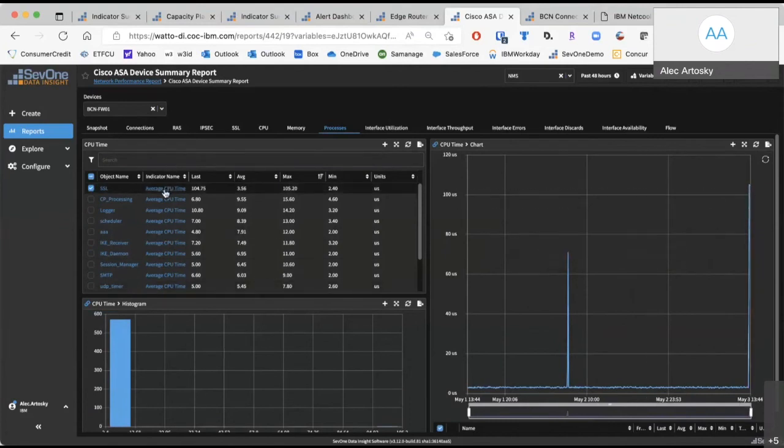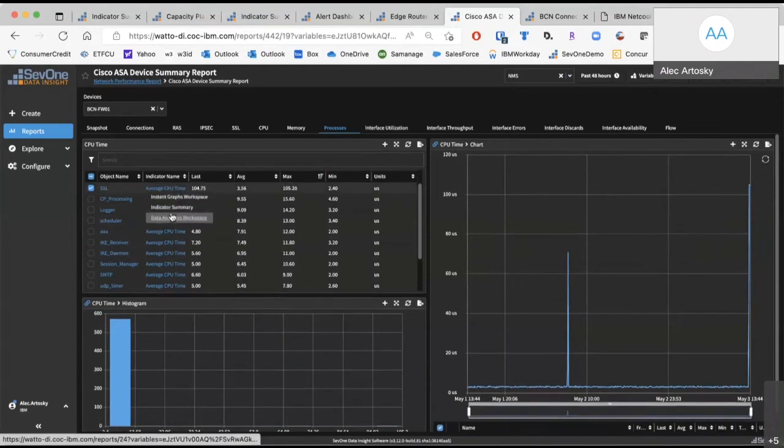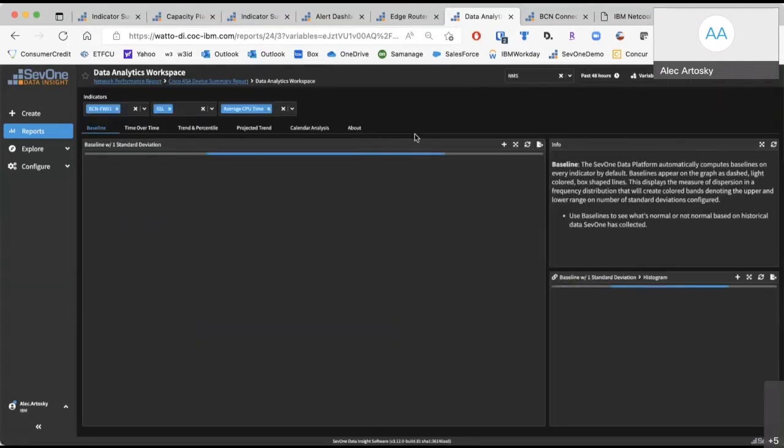We can see if we look at the average CPU time of this, maximum, we're hitting at 105 here. And if we hover over this, we are really way up there. In this case, we're at 104.3. So it's fair to say that this SSL processing is eating up CPU. So you can see how we can follow through this, how we have the ability to actually correlate these data sets together with simple clicks.